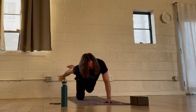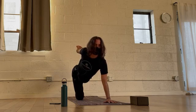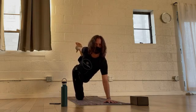back right knee, bringing the heel to our sit bone. Reach the left hand back for the top of the foot. And then in this bind, it's this balance of kicking and pulling. So as your foot and leg kick backwards, it pulls your arm taut, and then your hand pulls back against